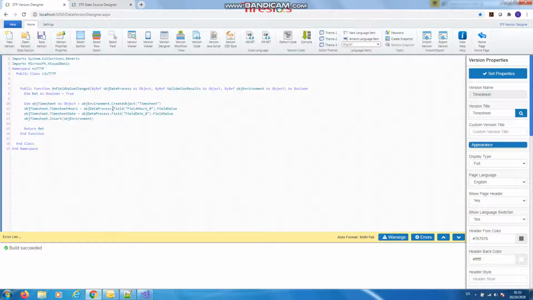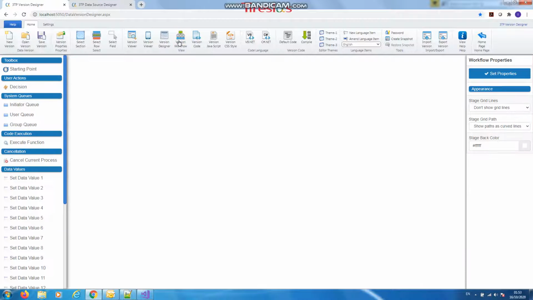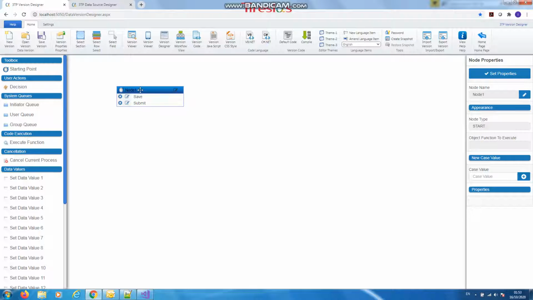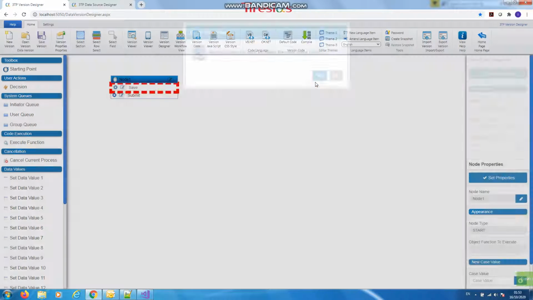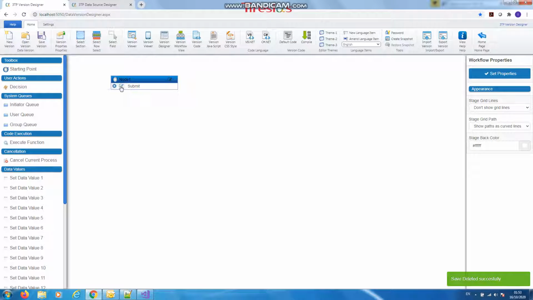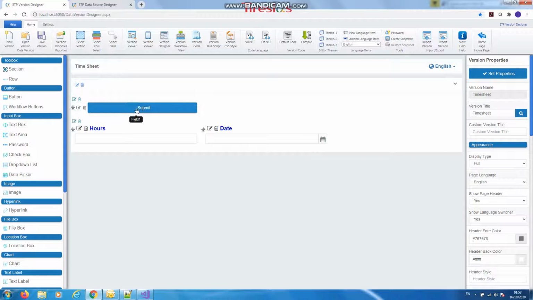It's easy to be done through the workflow. In the workflow, we tell the system what buttons we need to show to the user. Here we have drag and drop, and we tell that we need this button, which is submit. So we delete this save, and in this submit here we go to the system and delete